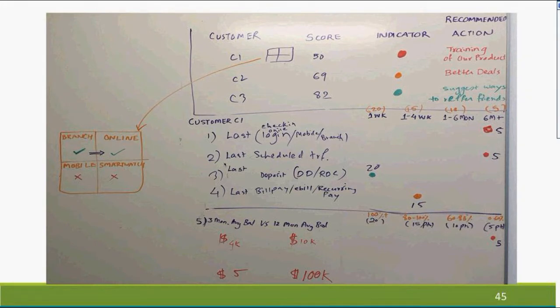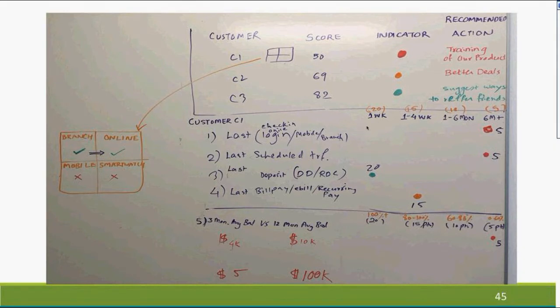This is a hackathon, just a starting point. So we took 5 attributes. I'm just going to explain one or two to you. The first one we took is login or check-in: how much the customer is engaging with you. If he's logging in to the website, going to a branch, or doing anything on the smartphone, any kind of touch point he's using is good.